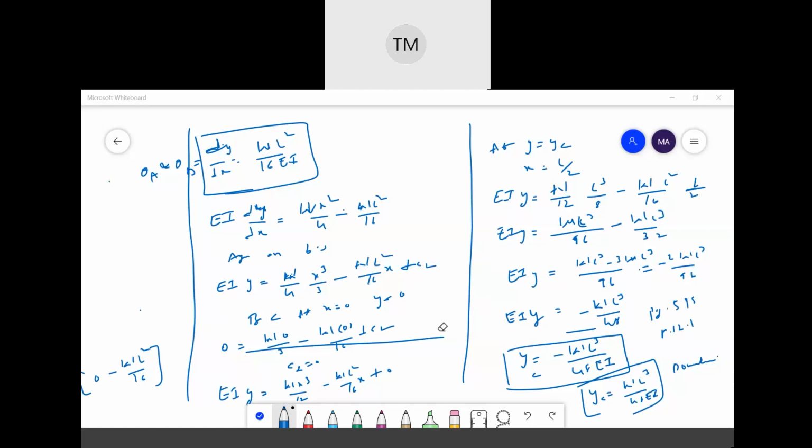Is it clear? Okay, this session is only for 45 minutes. It is going to end within 4 minutes. So I will take the attendance. Go through this derivation from the textbook R.K. Bansal. If you have any doubt, you can ask me in the next class. You can also refer the derivation of the relation between radius of curvature and deflection.